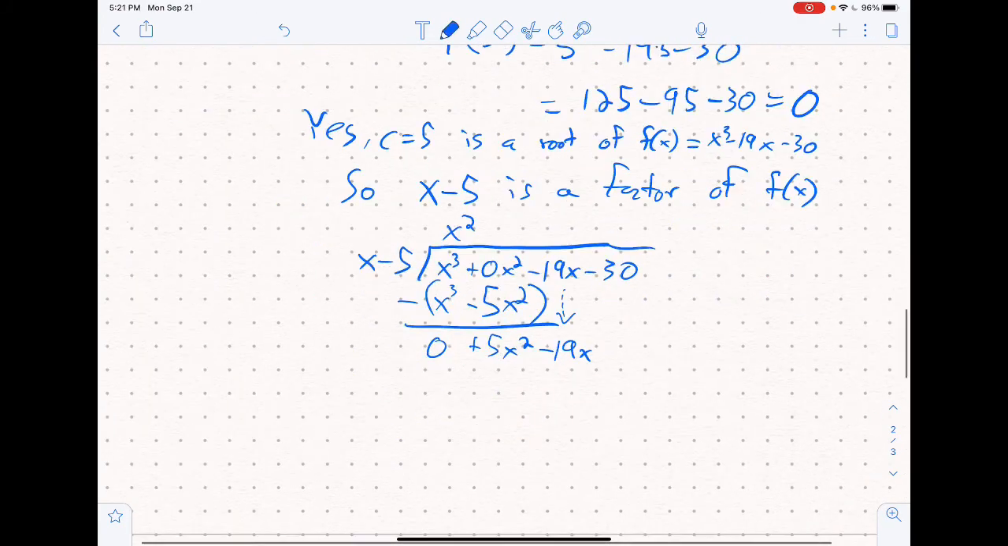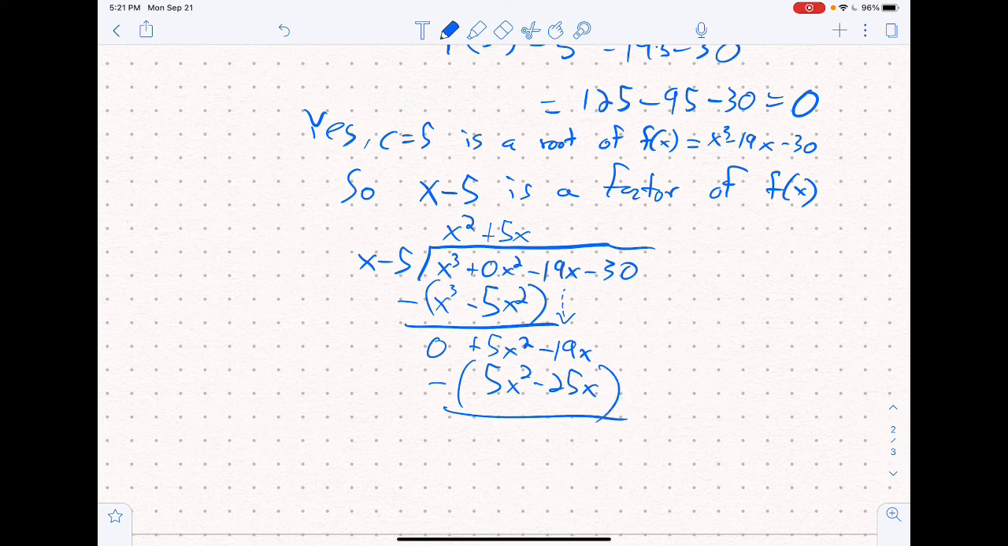And we carry out the process again. x minus 5 goes into the 5x squared, and the result on top is going to be 5x. We take that 5x and multiply it by x minus 5, so we have 5x squared minus 25x. We make it negative, and remember that negative is going to make the 5x squared negative, and since the 25x is negative, it's going to make it positive. So 5x squared minus 5x squared is 0. Minus 19x plus 25x is plus 6x. We're now done with that step, so we bring down our last term, which is minus 30, 6x minus 30,